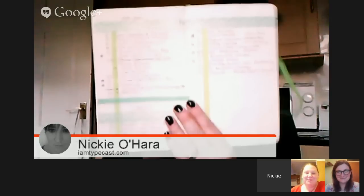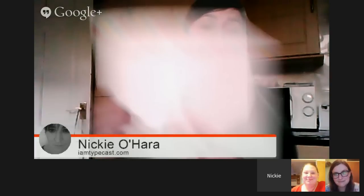I'll just show you the beginnings of my old bullet journal. I was washi taping everything. So I had washi tape there, I had washi tape there, I had a washi tape at the back, because I was actually doing something similar to Lizzy, and I had my index at the back to start off with, because then I could just flick through all the pages and do it backwards. And I also had meeting notes at the back of the book and everything like that, blog ideas, things like that. And like I say, the only reason I actually gave this up is because I was carrying too many things around with me, and I found a way to incorporate it all. So the merger has worked for me, and because it's in here...